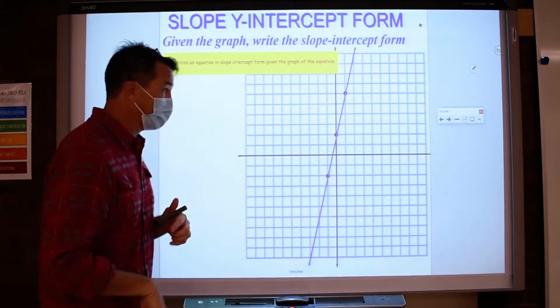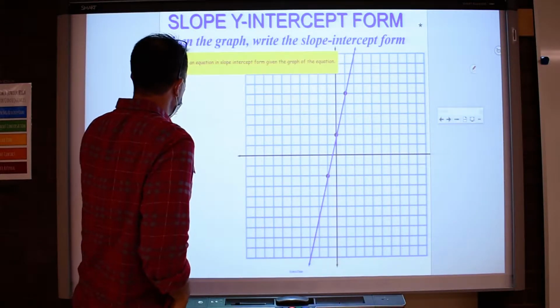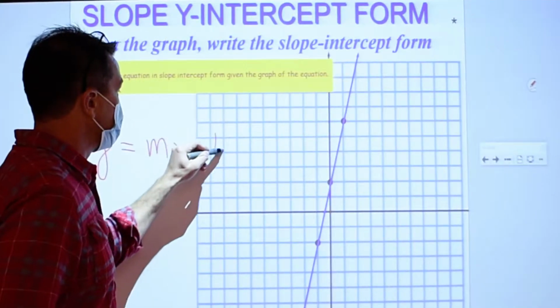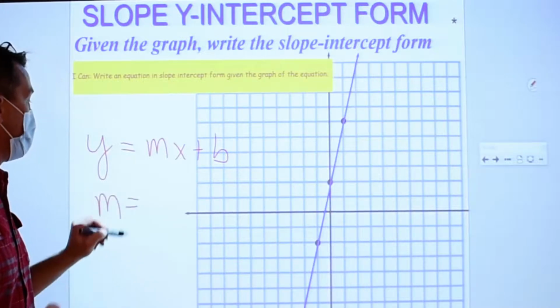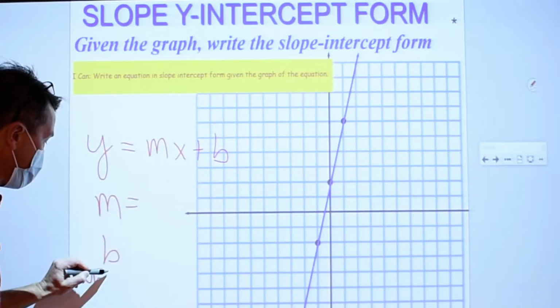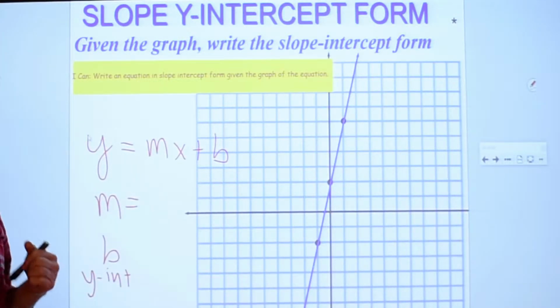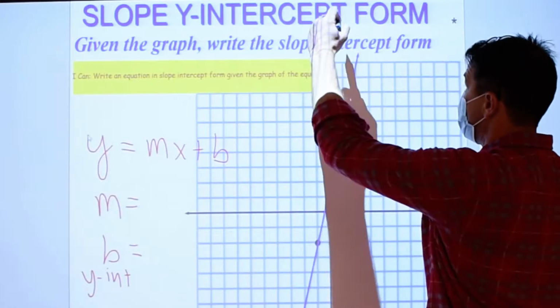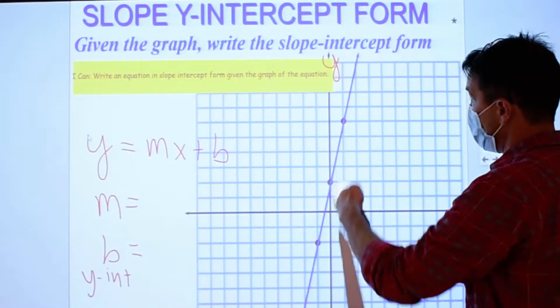Well, we learned in the last activity that a linear equation can be written as y equals mx plus b, where m is the slope and b is the y-intercept. So I need to find those two things. The first thing I'm going to do is find the y-intercept, because to me that's the easiest part, because I see that this is the y-axis,